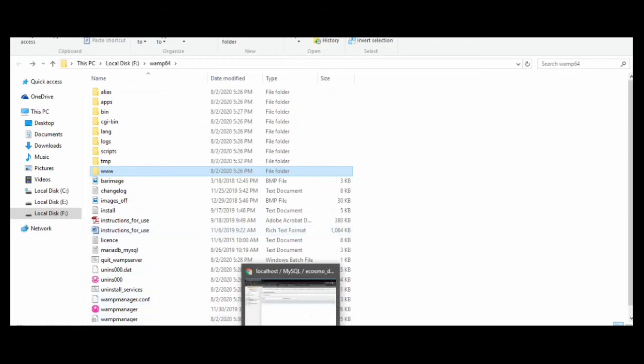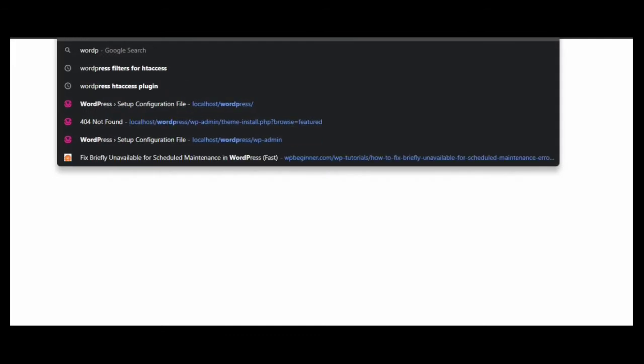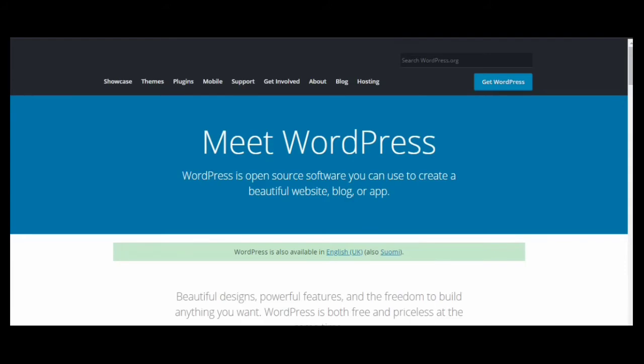Go to your browser and search wordpress.org. This is the WordPress provider from where we will download our latest WordPress. We landed on wordpress.org homepage.